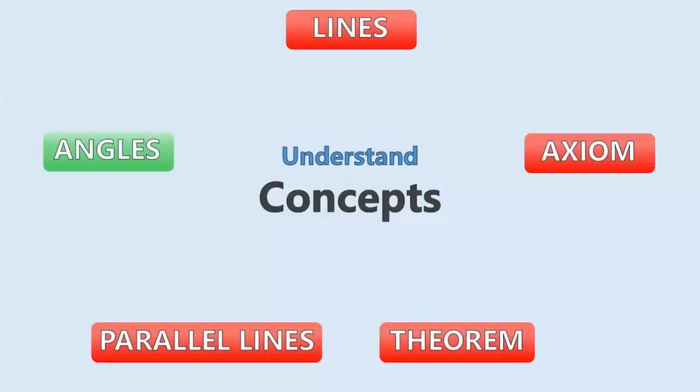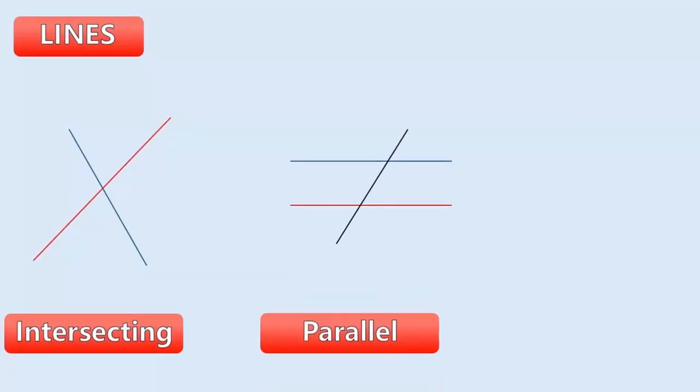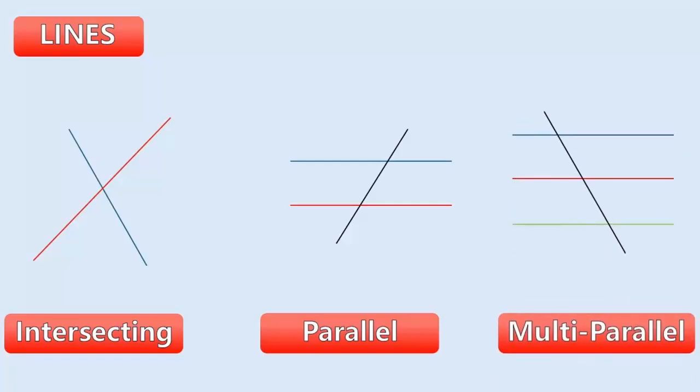Let us look at lines. We could have intersecting lines. We could have parallel lines cut by a transversal. We could have multiple parallel lines, all of them cut by a transversal. And from previous classes, we know that the corresponding angles are equal. And also the alternate angles, what are known as the Z angles, are equal. The same thing applies for the second set of corresponding angles, and the same applies for the second set of Z angles